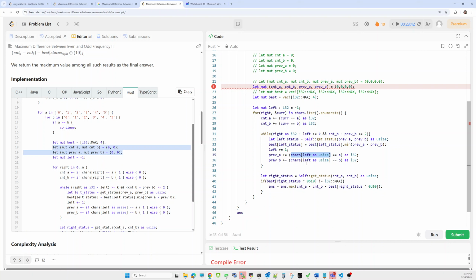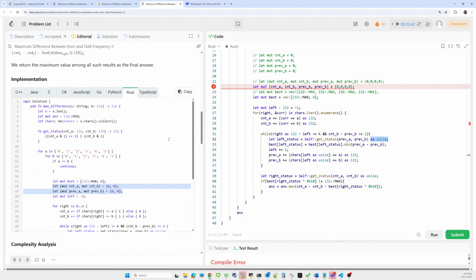So here I have to access based on the character array, a vector of characters. For typecasting, we'll use as. Here I am typecasting the thing I am getting from the get status method using as.